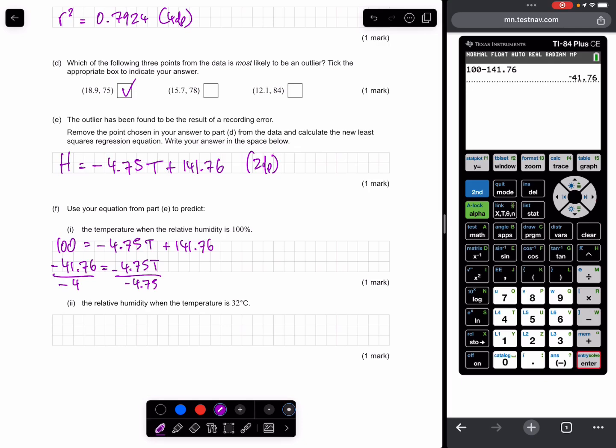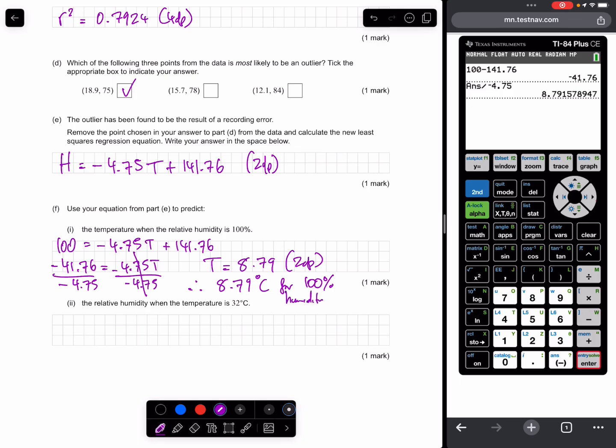Do that to both sides. That cancels, so T equals negative 41.76 over negative 4.75, 8.79 to 2 decimal points. Therefore, 8.79 degrees C for 100%